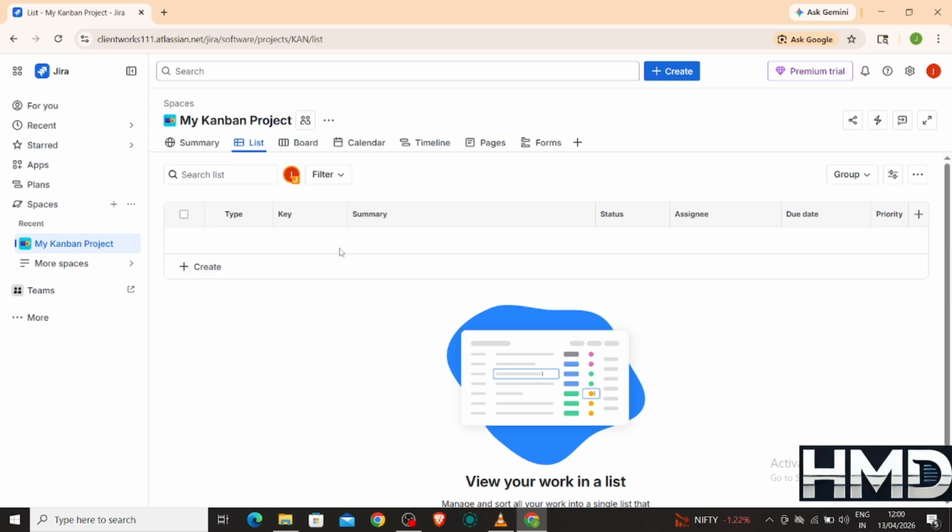In short, creating a Jira account involves signing up on the Atlassian website, verifying your email, setting up your workspace, and accessing your dashboard. Now that you know the process, go ahead and create your Jira account to start managing